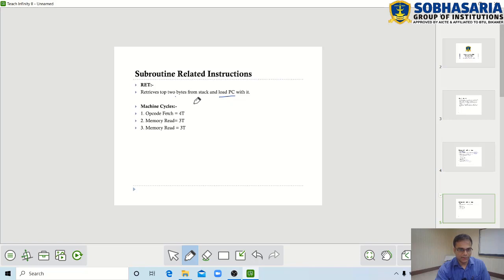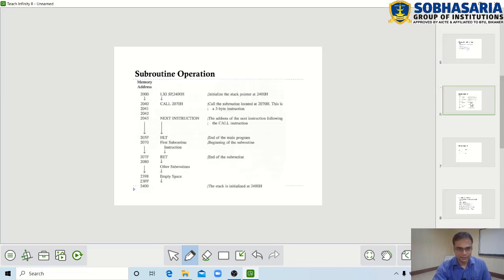When the return instruction executes, it requires certain machine cycles. Number 1 is the opcode fetch, which requires 4 T-states, and 2 memory read operations, which is nothing but the pop operation, where the top two elements of the stack get popped and loaded into the program counter. That is why these two memory reads are required.